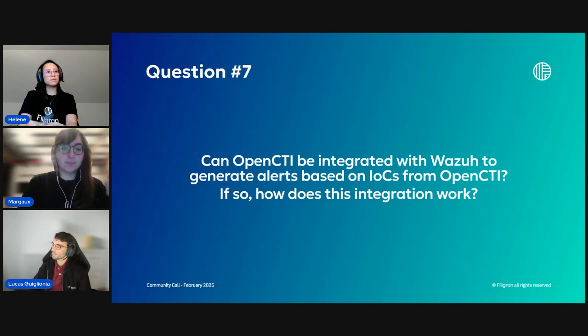So I don't know Wazuh well as a SIEM. I know that we don't have any connector with Wazuh at this moment. If any connector should be developed, it should be a stream consumer connector, as I think you understood. This is a connector type used to feed your detection system, but at this moment it doesn't exist. Otherwise,